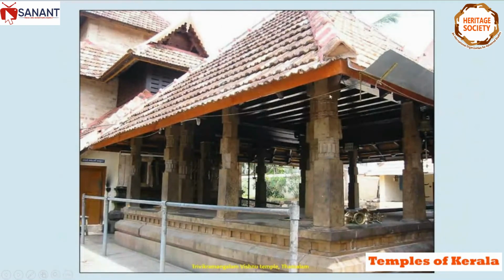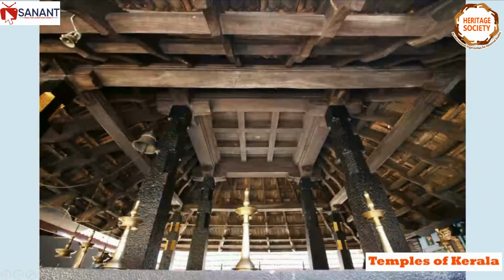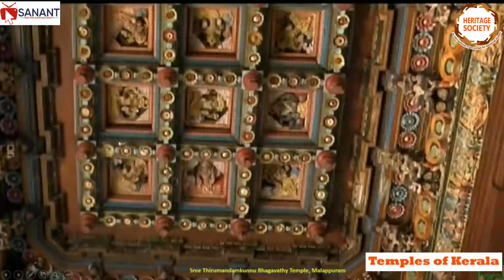You can see the stone pillars. In some of the temples, these pillars will be decorated with sculptures. Even the ceilings will have decorations. This is a Namaskara Mandapam, comparatively plain, without much decoration. You can see the profuse use of wood. The pillars are made out of granite. See this one, which is in